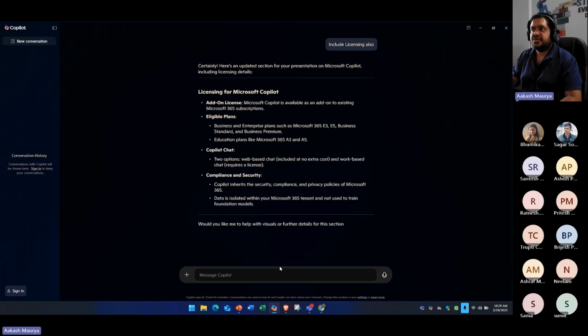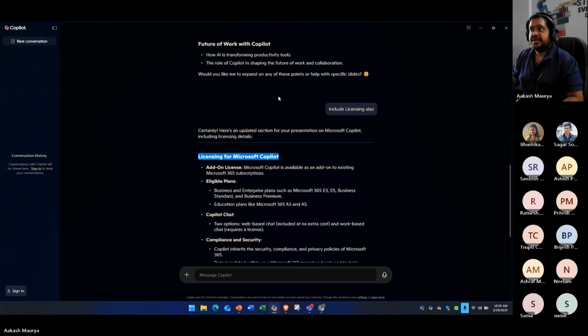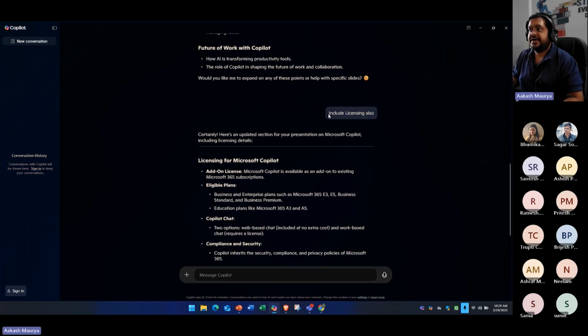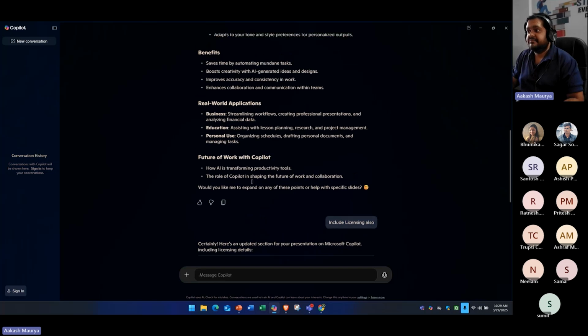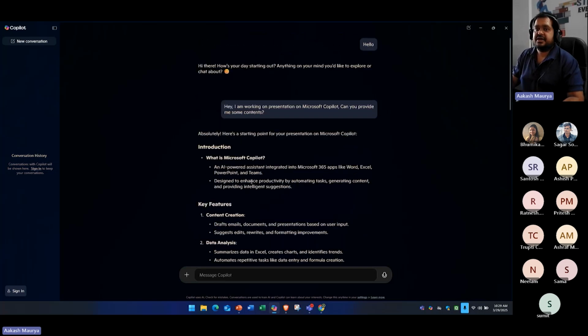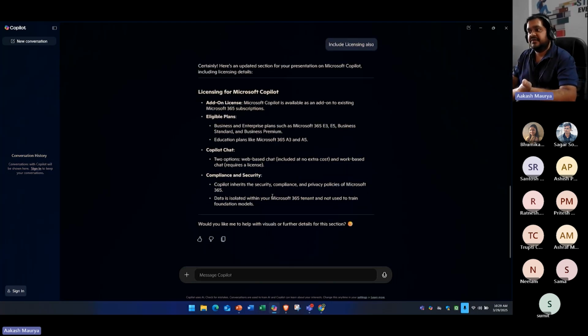Now you can notice one thing, licensing for Microsoft Copilot. Check the prompt that I have provided. I have not added the word Copilot over here, but still it is giving me the answer on Copilot. Why? Because it remembers our context. It knows the context by which we are talking. As of now, I have the context open on Microsoft 365. So whatever question I ask this Copilot, it will give me the answer based on that Copilot